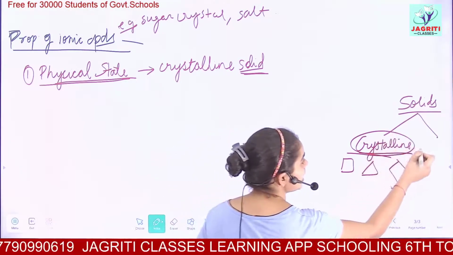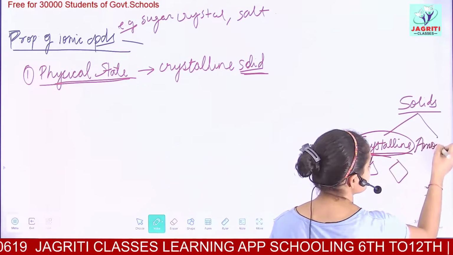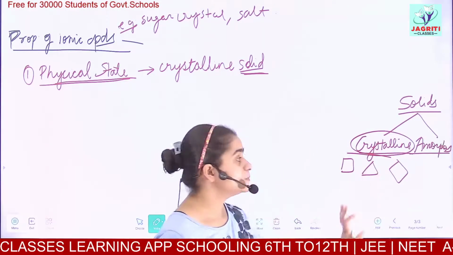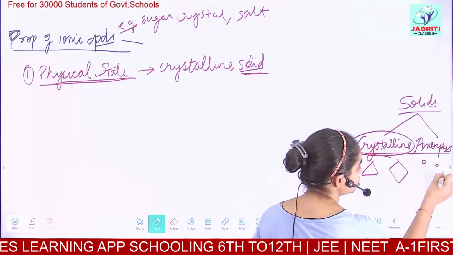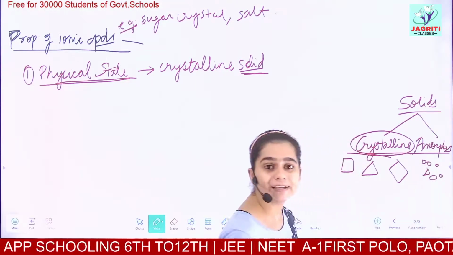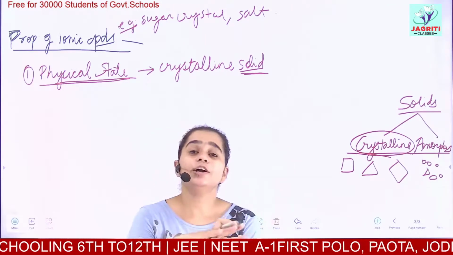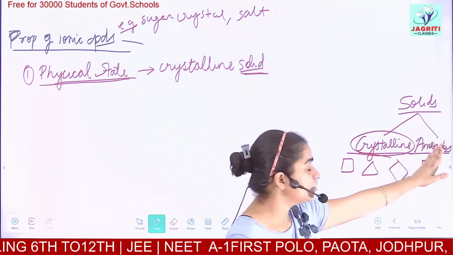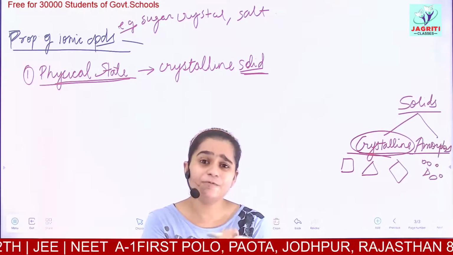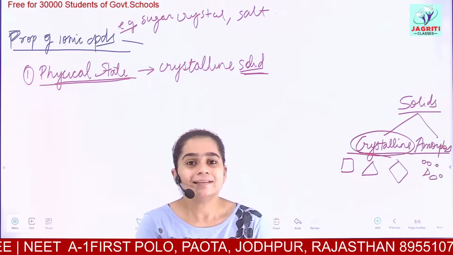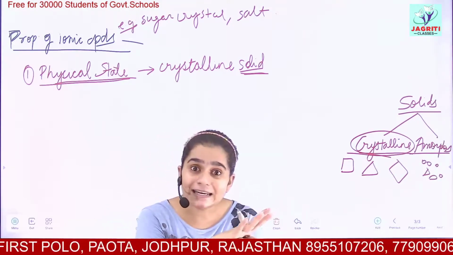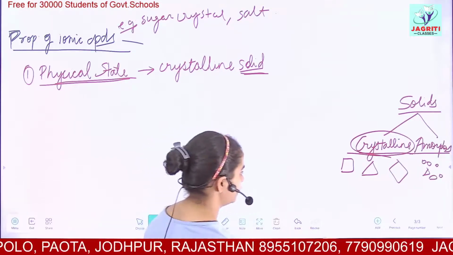And the next type is amorphous. In amorphous solids, the particles do not have any definite shape. They may be triangular, circular or spherical, semicircular, everything. In the powdered form, generally we have amorphous solids. If you crush the crystals of sugar, then you would get particles of different shapes. The particles which are finely crushed will be, suppose, spherical.